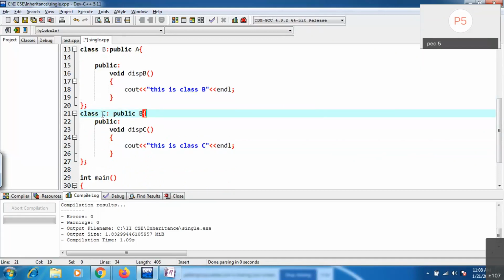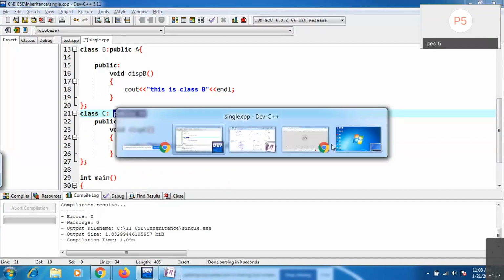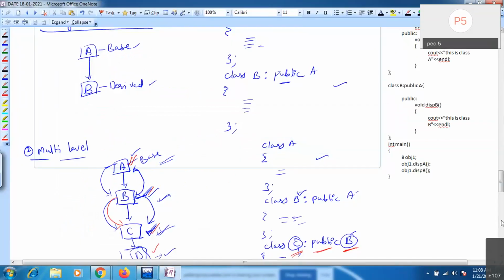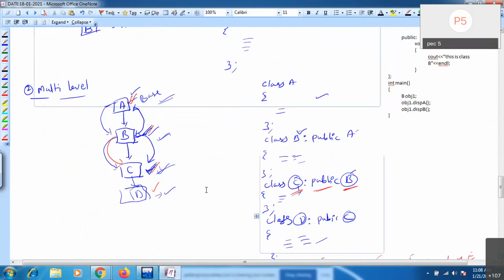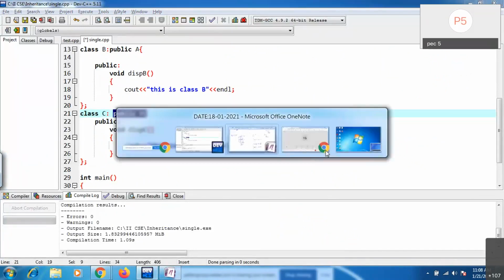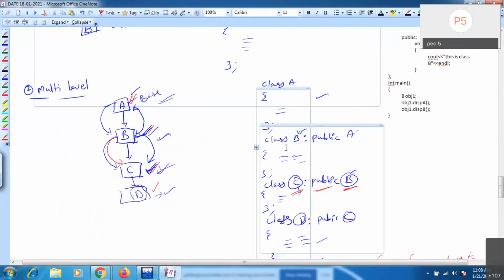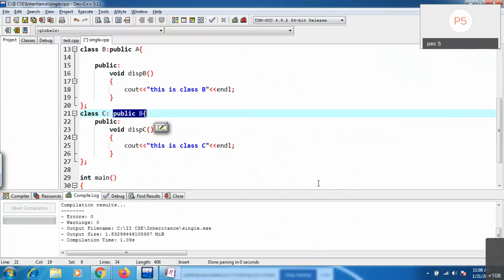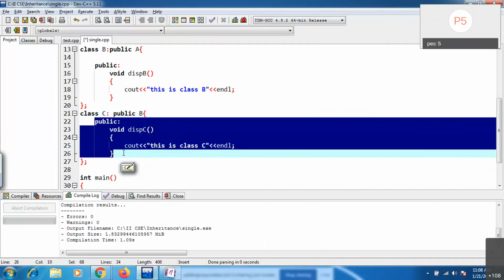I'm deriving one more class C from B. Observe this diagram: first A is there, from A you are deriving B. Whatever you have written here, the same thing I'm writing in the compiler. You are deriving C from B, and this C also may have some of its own members.